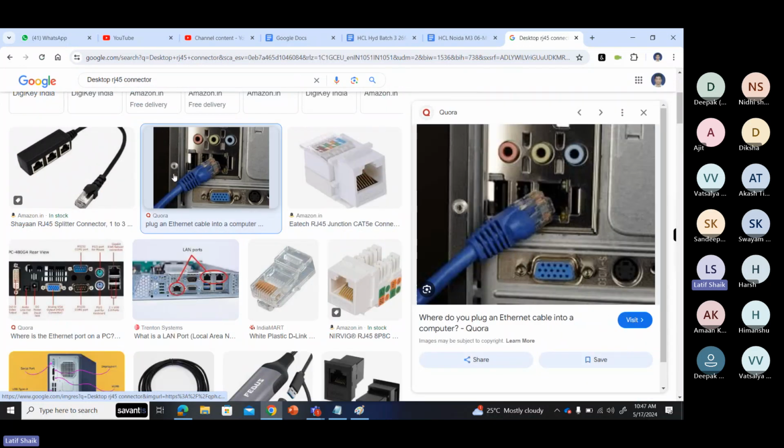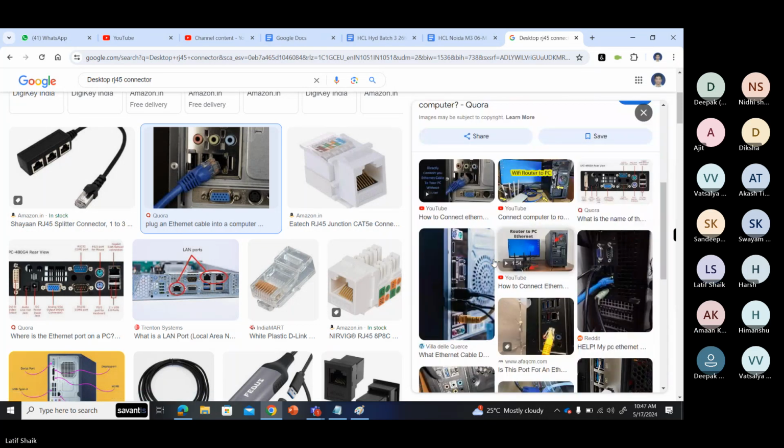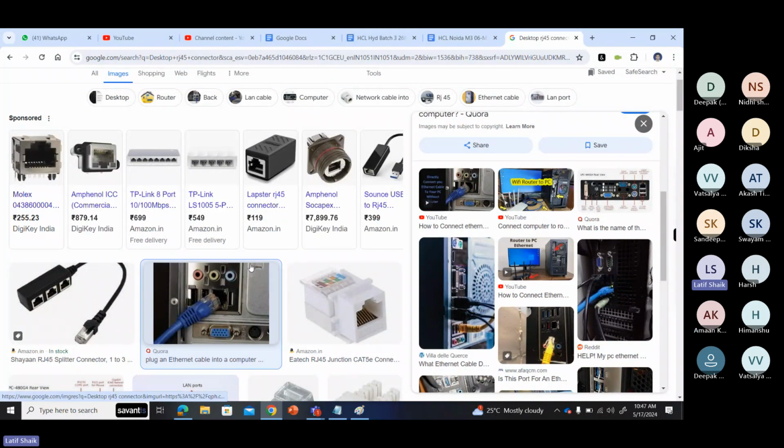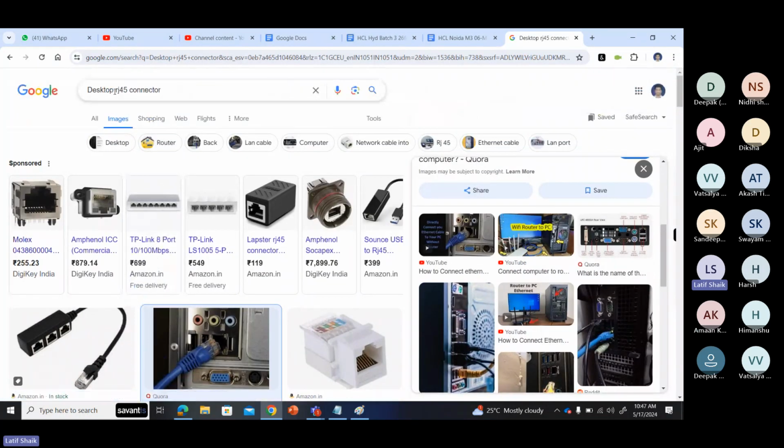So this is the back panel of a desktop. Can you see here, it is built inside on the motherboard. It is inside your motherboard, and here we are connecting. If it is not there, and if you take old systems, if it is not there, then we can take